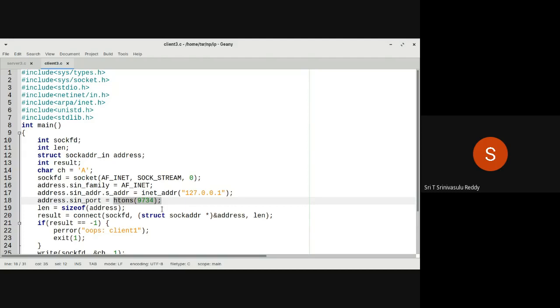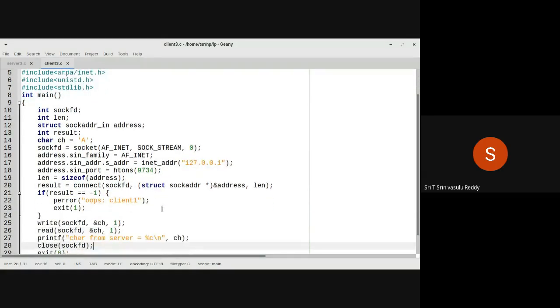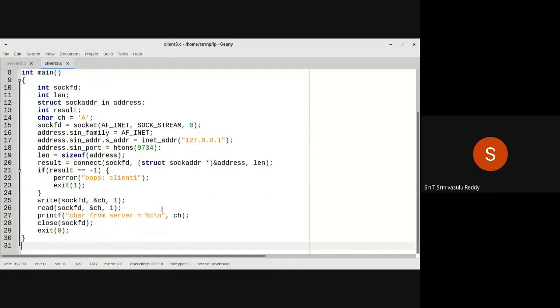And if you are sending data over a network, any number kind of thing, numbers also must be first converted. If you are sending only character data or byte oriented data, no need to worry. But the other day we wrote how to find the square of a number. If you are passing a number over a network, first you must convert that number into network format.